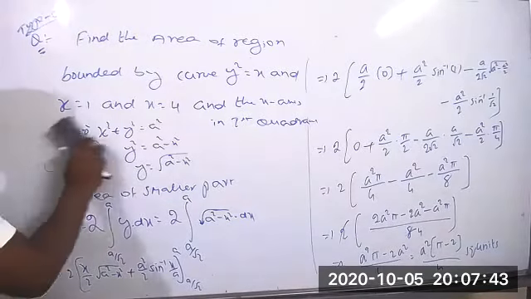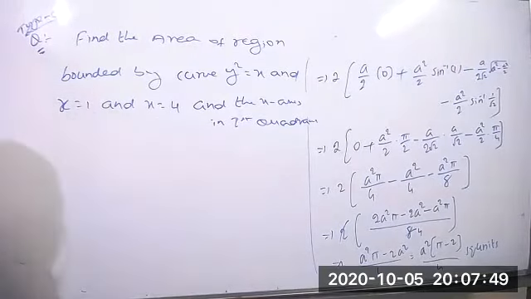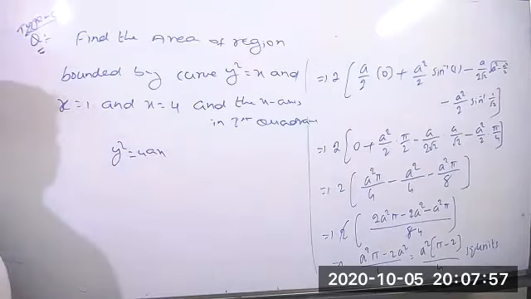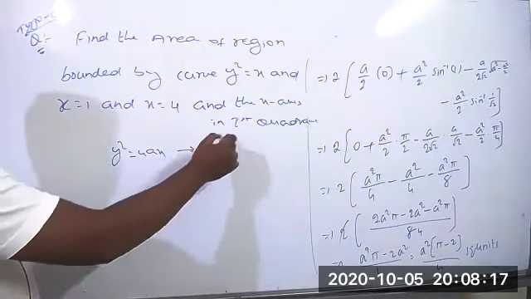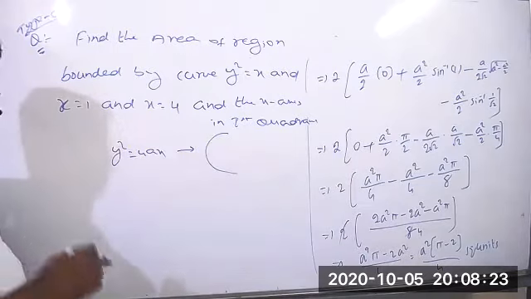These are based on the parabola. Now please tell me, based on the parabola, suppose you take y square equal to 4ax. Where will you get that parabola? Along the positive x-axis. Yes, that means the parabola will look like this and passes through the origin. Clearly it passes through the origin.